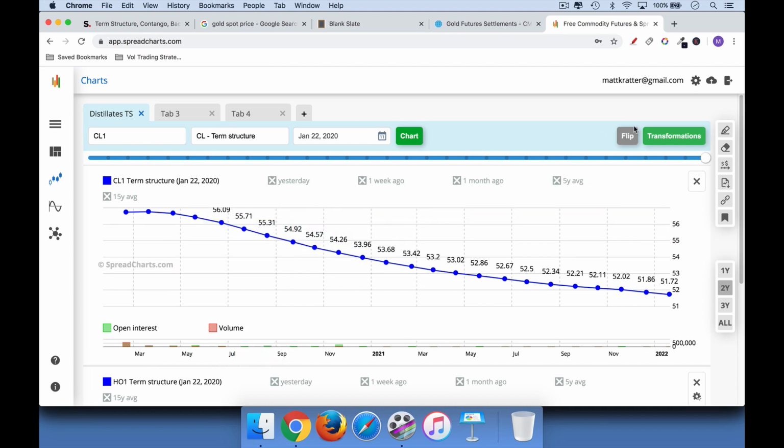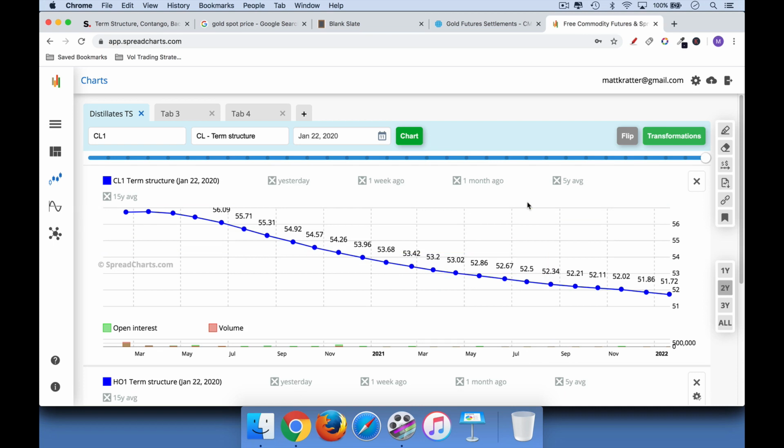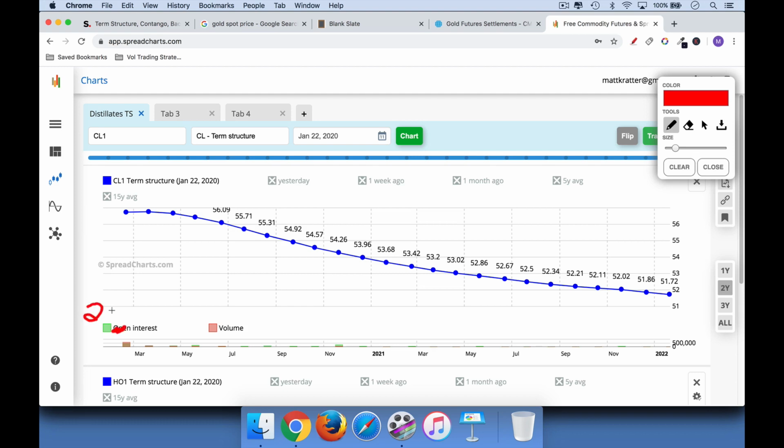Assuming things don't move too much, assuming things stay the same. If you are long crude oil here and everything stays the same, you will roll up the curve. But obviously things can change. The market can change. Maybe there's a huge supply glut, and as a result, the new curve moves, the front end drops from 50 or 60 down to 20, and you were long the December 2021 at 53.96, and let's say the new curve looks like this, and the price of that December delivery moves down to 30. In that case, you will definitely lose money.